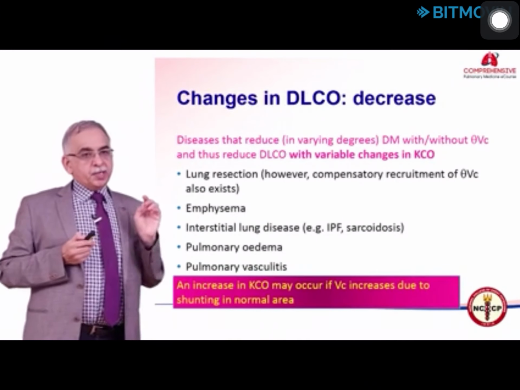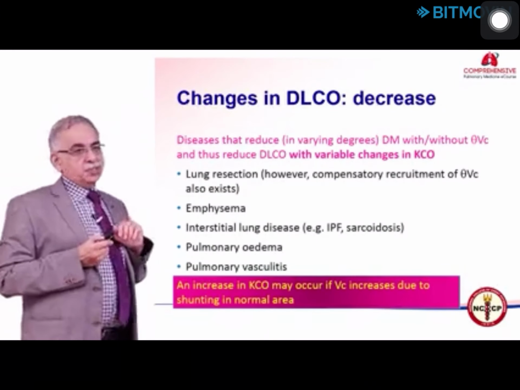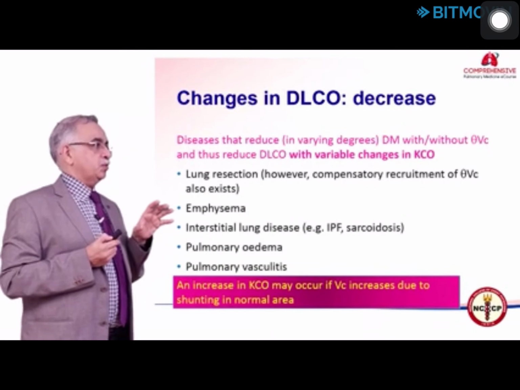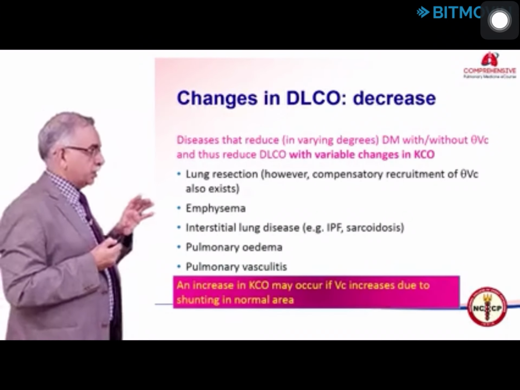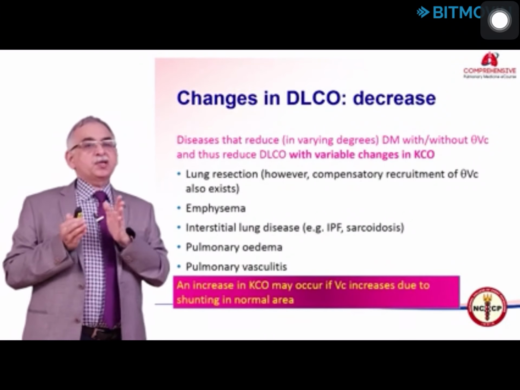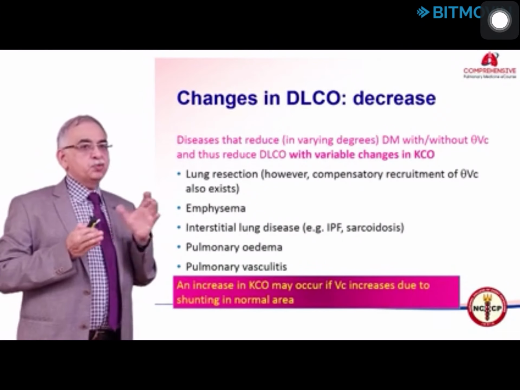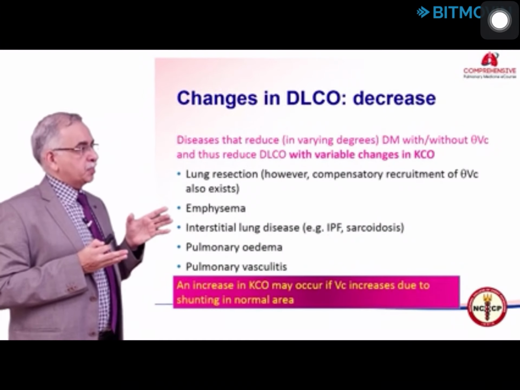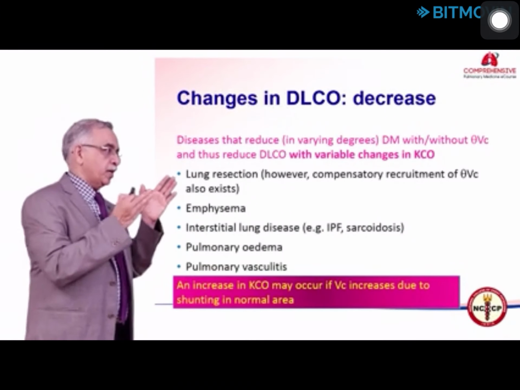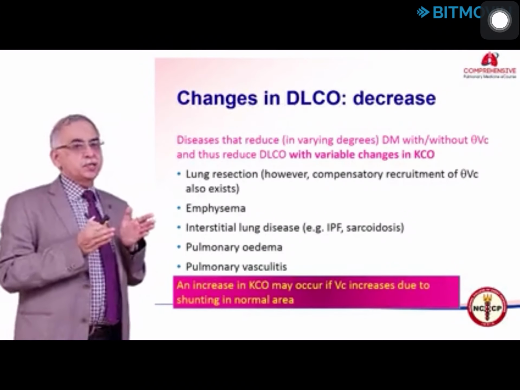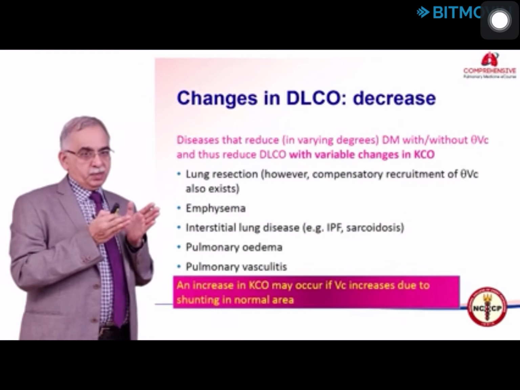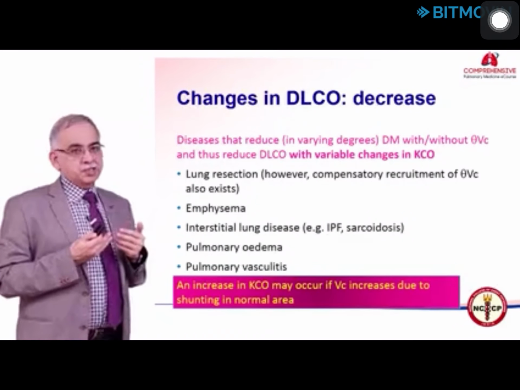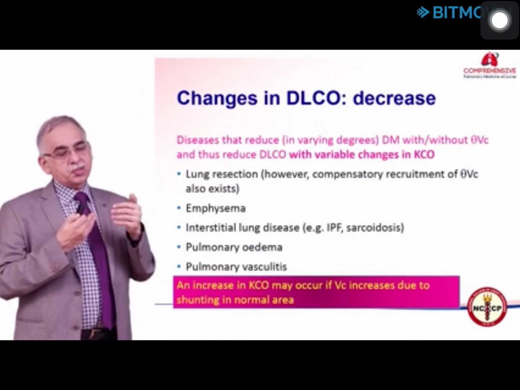Then there are pulmonary conditions which change DLCO causing a decrease. This would be largely because of the change in the DM component. The change in the capillary component is variable depending on what VQ mismatch is occurring in the specific disease. But in general, you will find that both are reduced or only DLCO is reduced. So, you can have a condition where DLCO is reduced, but DLCO by VA is normal. This variation can be there in certain pulmonary conditions of VQ mismatch depending on what is reduced more.